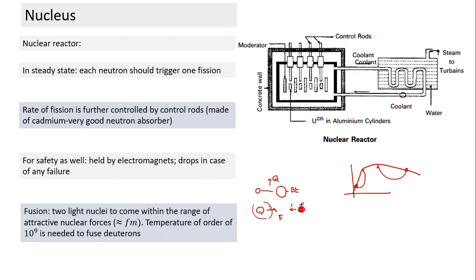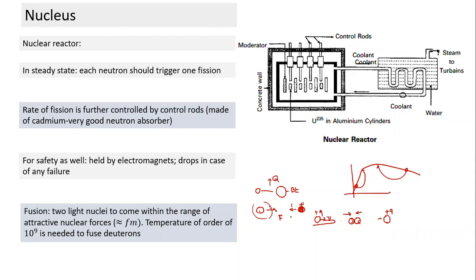So what will make them come close? If you understand here, there is one charge Q here and another charge Q here. If we give them a small velocity, they will travel and immediately turn back. If we give them higher kinetic energy, they will come closer to each other. To make them come very close, the kinetic energy required is higher and higher. And kinetic energy is nothing but the temperature of the object.